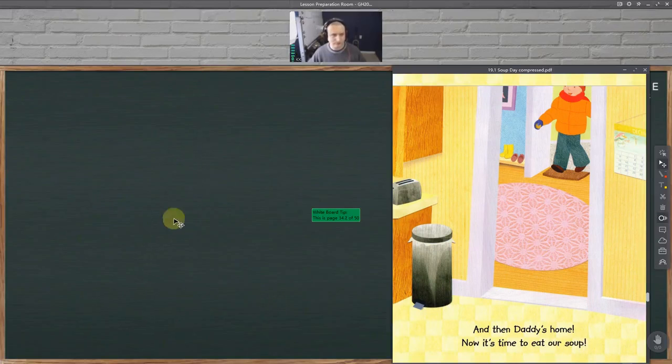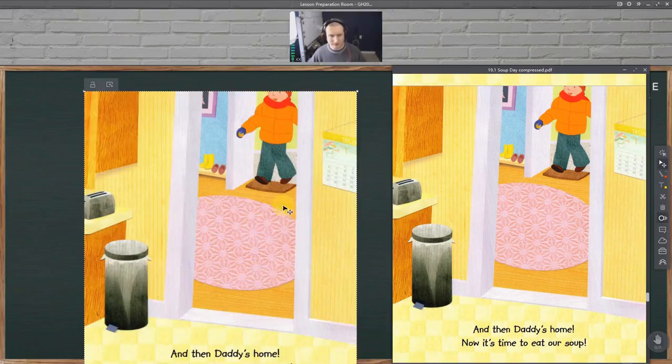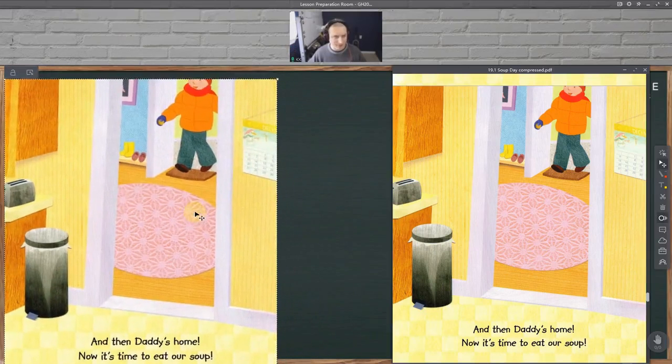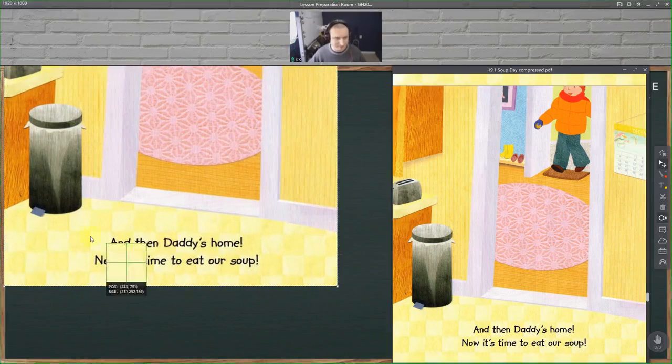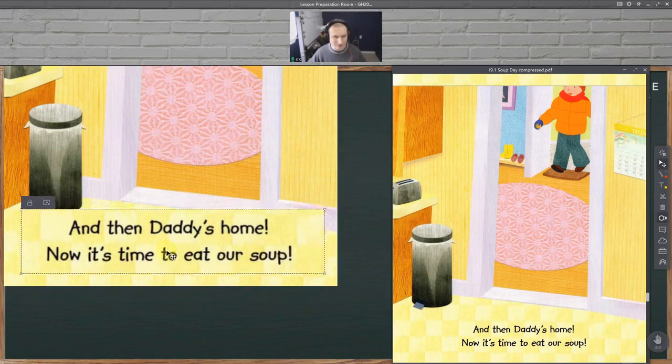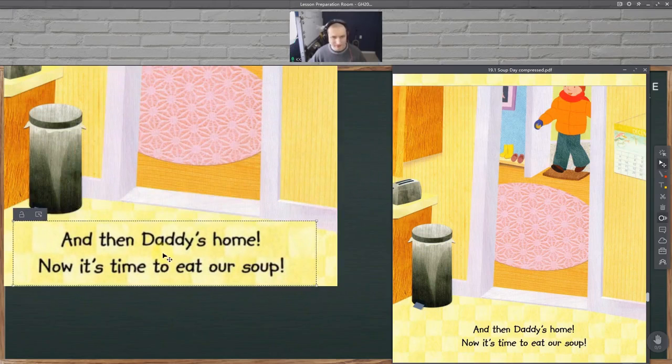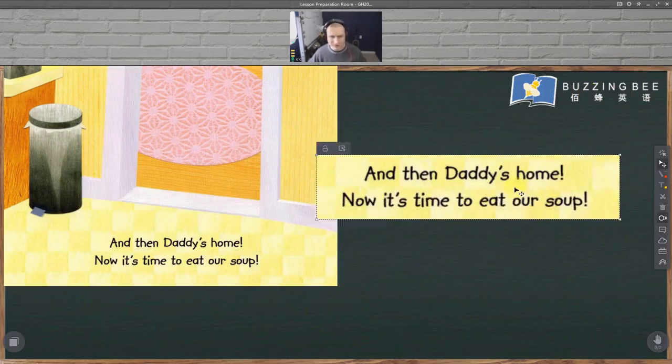Let's say this is the page that I got. And my text is too small. So I can go kind of like that. And if it's still too small, then I can put my text off to the side and make it even